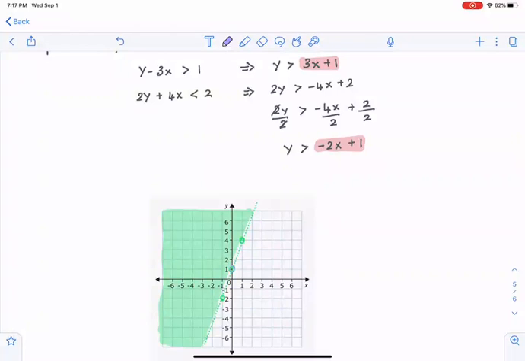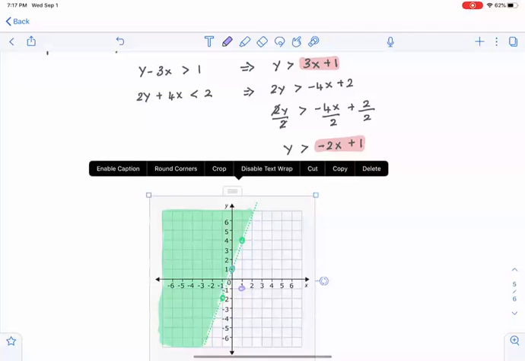When x is 1, negative 2 times 1 is negative 2. Negative 2 plus 1 is negative 1. So the point is right over there. And when I plug in negative 1 for x, negative 2 times negative 1 is positive 2. Positive 2 plus 1 is positive 3. So that point